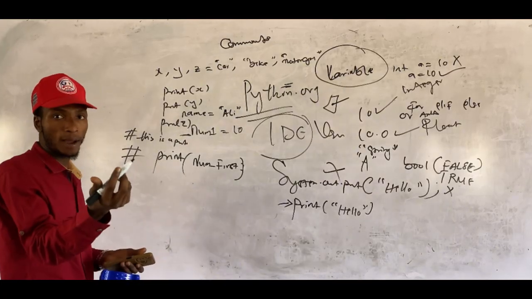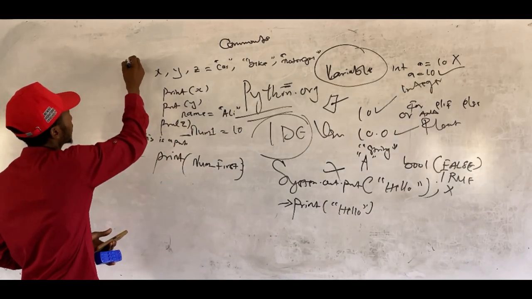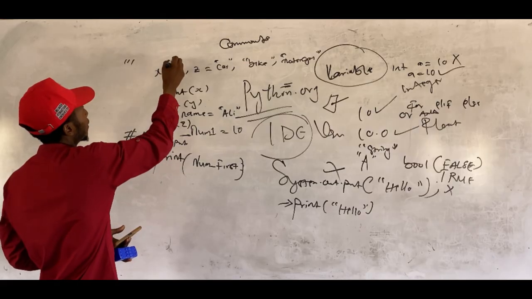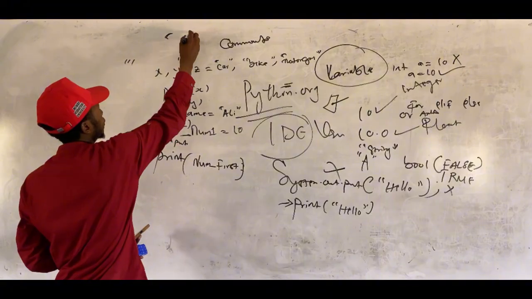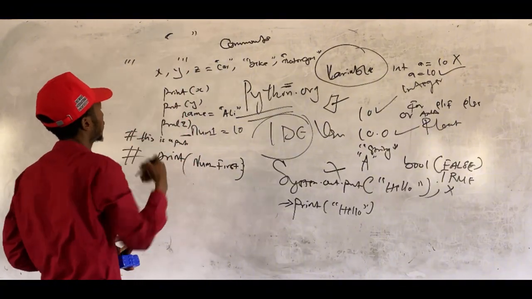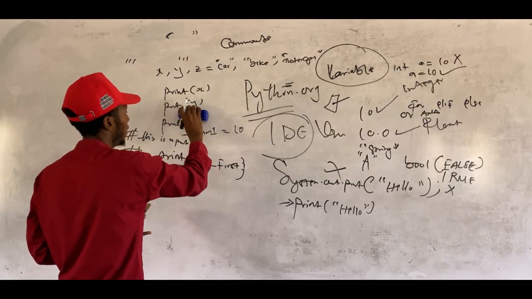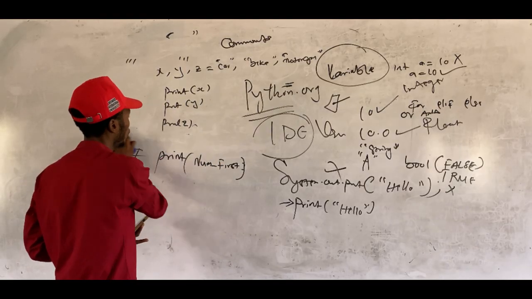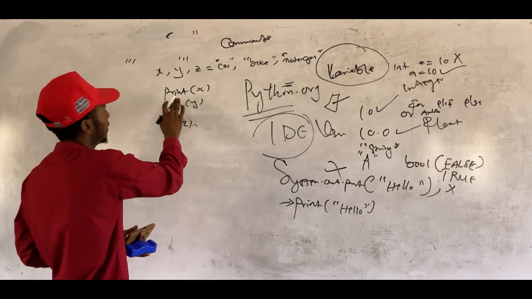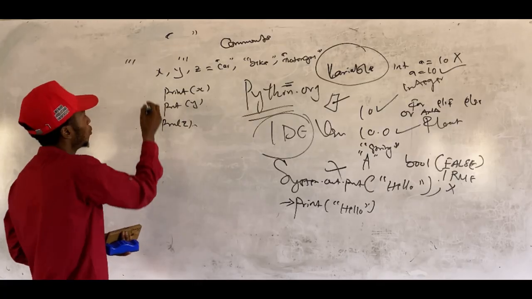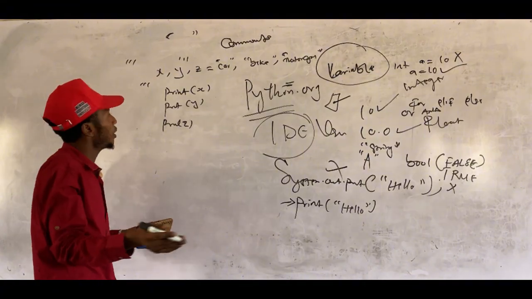So how about this multiple line comment? In multiple line comment, you will have this quote, a single quote instead of a double quote. You will have a single quote. Then if you want to comment a block, then a multiple line comment is for you. This is a block. We have a block that prints X, Y, Z. So you will just have your quote here. And where do you want it to end?